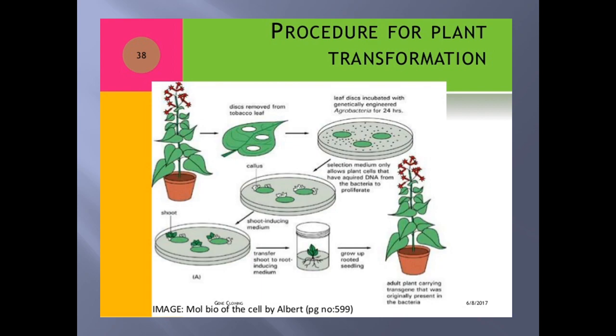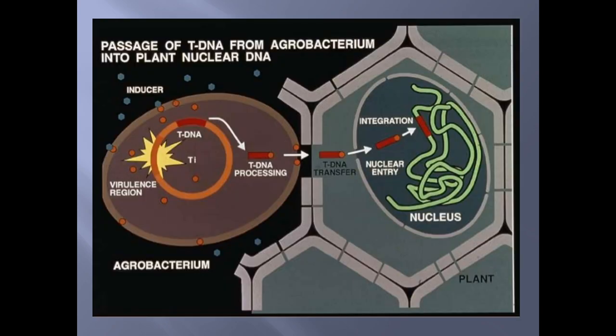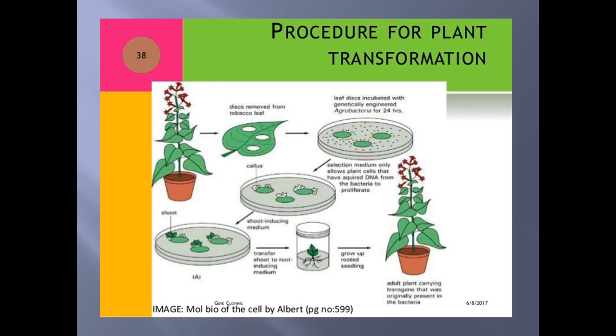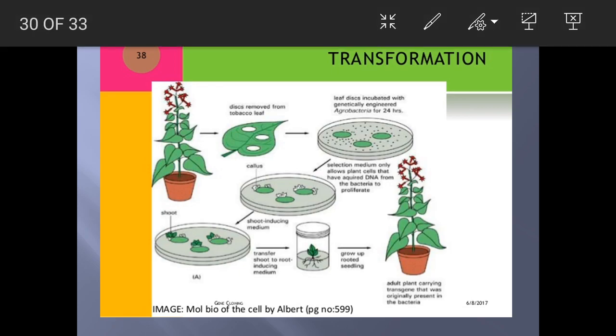To do that, you need to take a wild variety of the plant. So this is the plant. From that you need to take the explant. Explant means any part of the plant. The plant which is taken here is the tobacco plant. Take a leaf from the plant, sterilize the surface of the leaf with the help of some bromine solution or sodium hypochlorite solution. With the help of that, we need to go for surface sterilization and take small discs of the leaf, which we are going to call the explants.